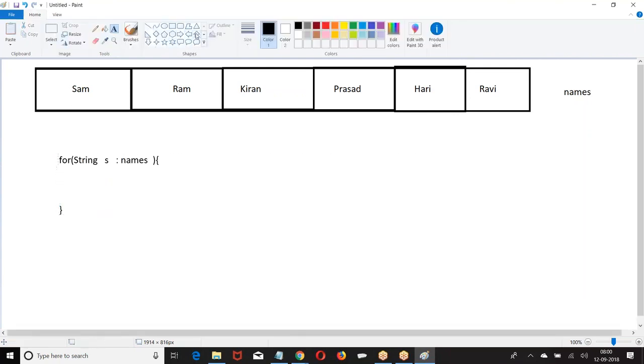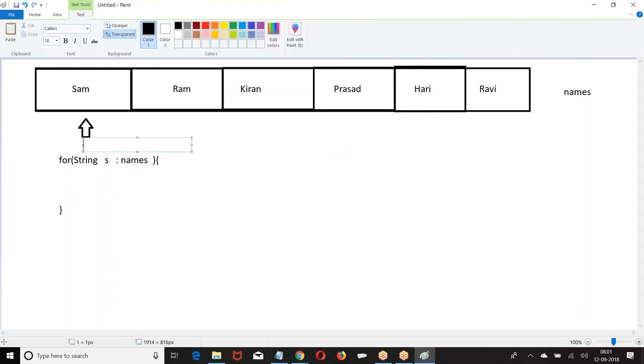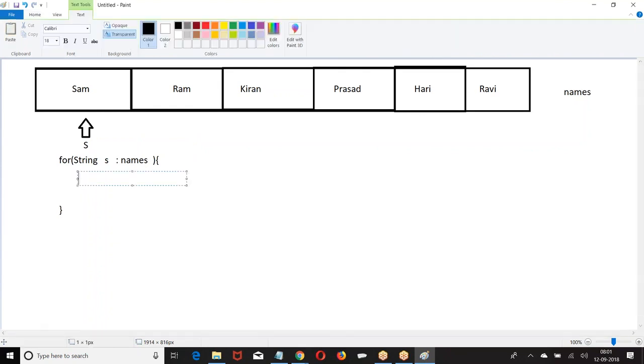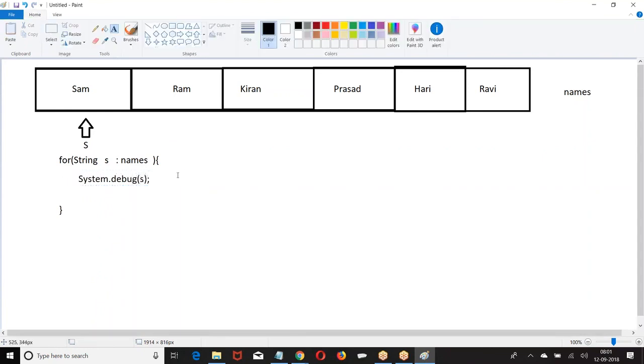What is that s? s is referring to the first element. What is names? A group of elements. When you have a group of names, s is referring to the first element. Now, when I say system.debug(s), what is the value we are going to get?